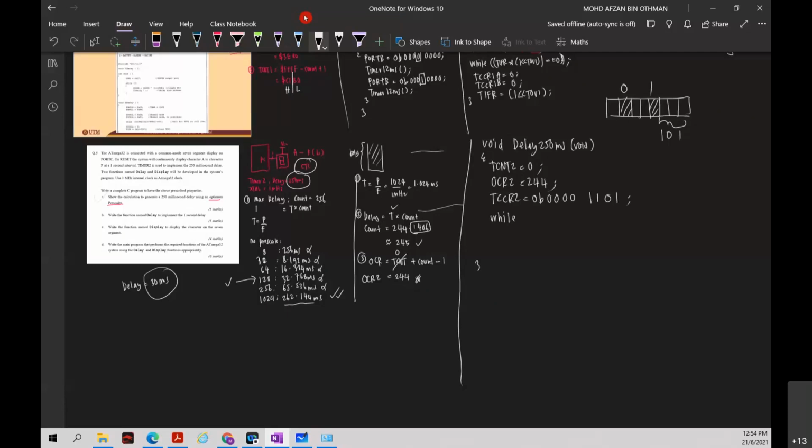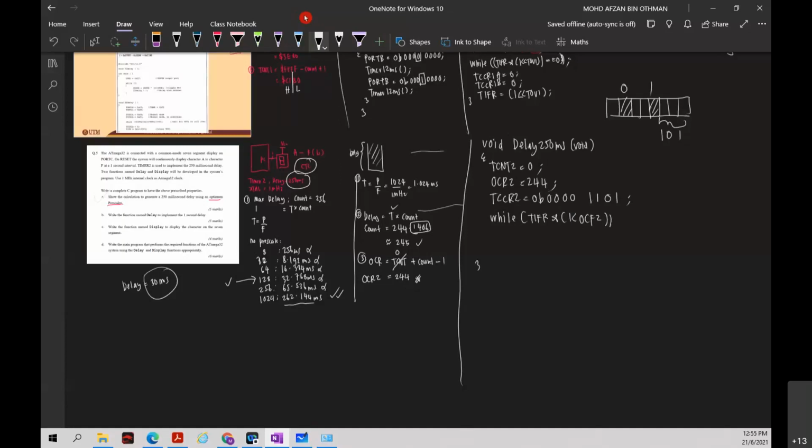Okay, since this is what we call here CTC mode, we're going to monitor the OCF2 flag. Okay, so in TIFR, and with, you just simply use this coding here, OCF2. Okay, is it